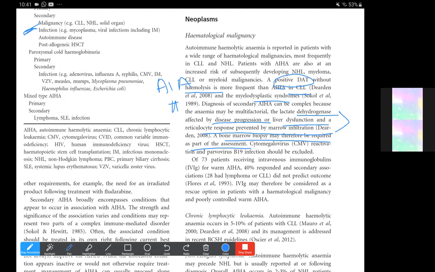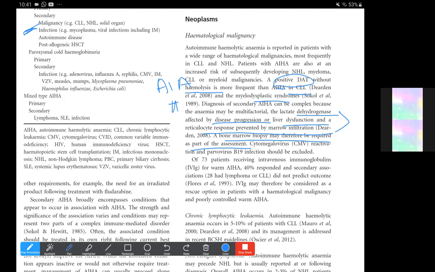And they are also considered in warm autoimmune hemolytic anemia and mixed autoimmune hemolytic anemia, especially if they relapse after steroids. So any of those typical warm and mixed autoimmune hemolytic anemia patients who relapse after steroids also need this bone marrow biopsy workup to exclude causes of why their autoimmune hemolytic anemia is resistant to steroids.